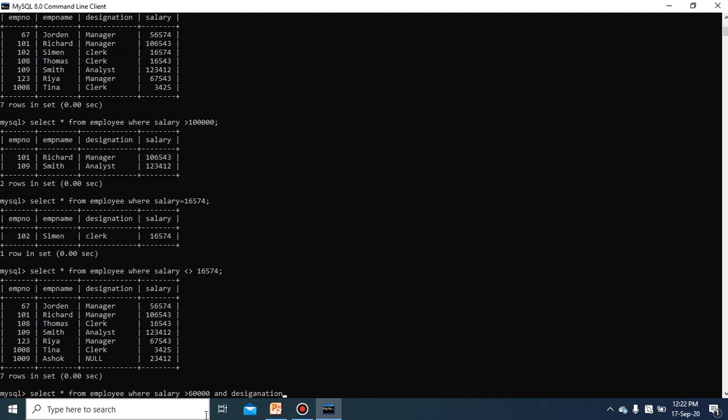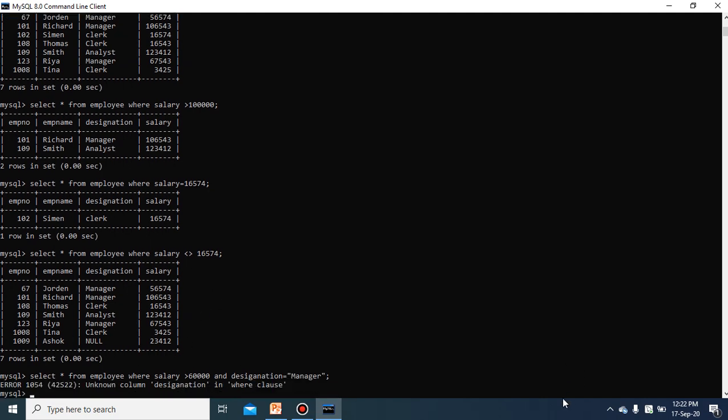How I am framing the query, you can understand this. SELECT * FROM employee WHERE salary > 60,000 AND designation = manager, means whose designation is manager. If the question is to display all the information of the employees whose salary is more than 60,000 and designation is manager, let us see whether this criteria matches this particular table information or not.